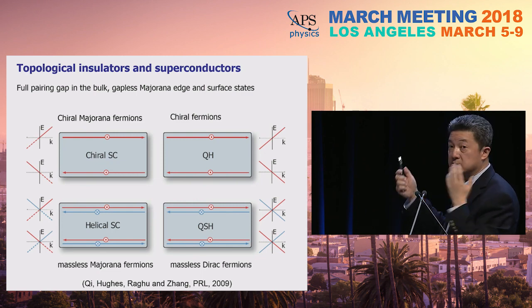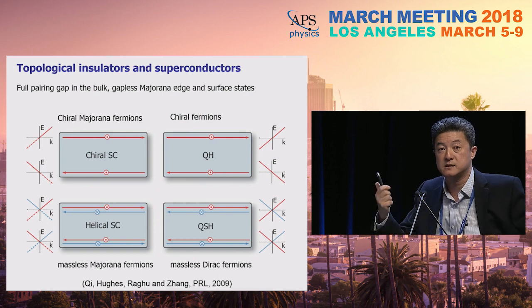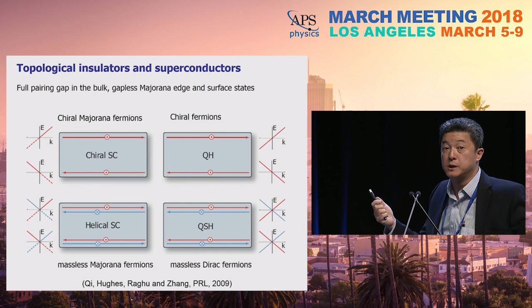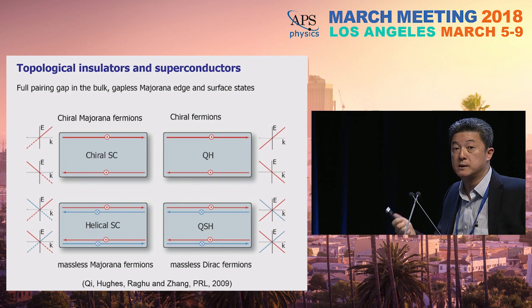So this was discovered in the 80s by Klaus von Klitzing, and successive theory understood its topological properties. Altogether, 3 Nobel Prizes have been awarded in connection with the quantum Hall effect. So in the years 2005, 2006 and 2007, we came to the realization of the quantum spin Hall